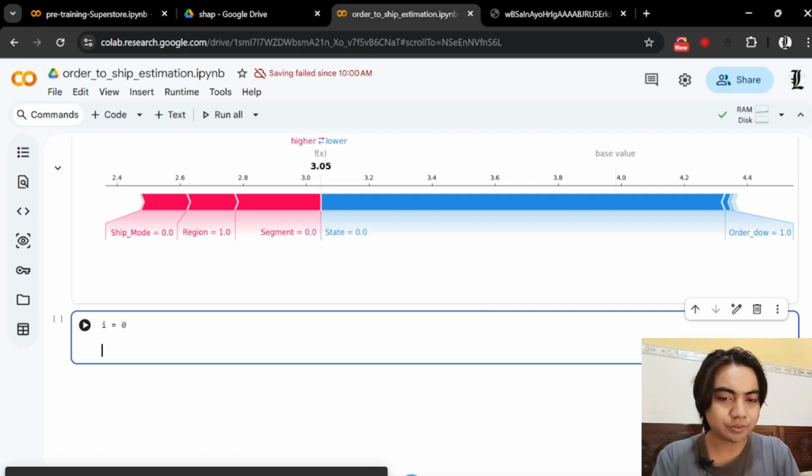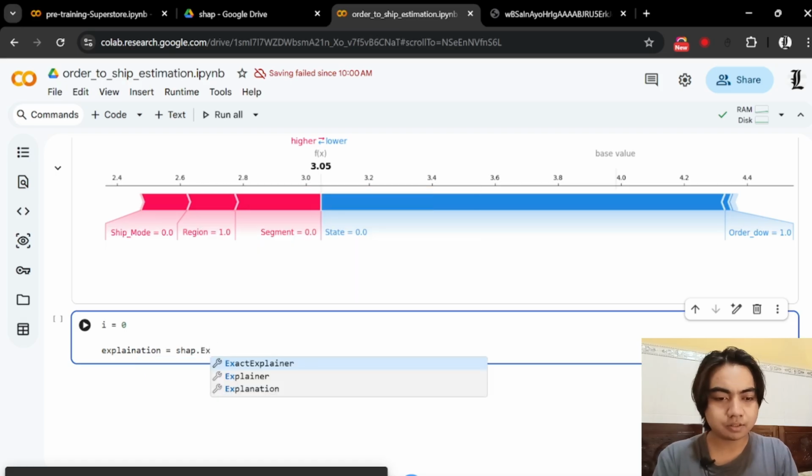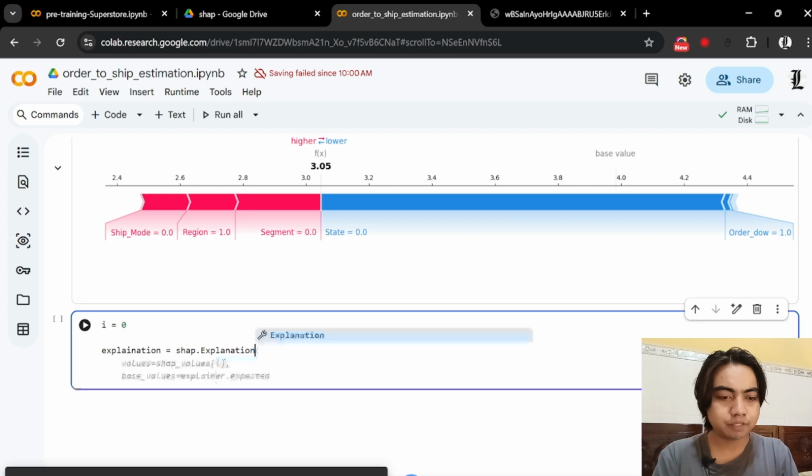So let's again use the same order, and then let's say explanation is equal to shap dot explanation,